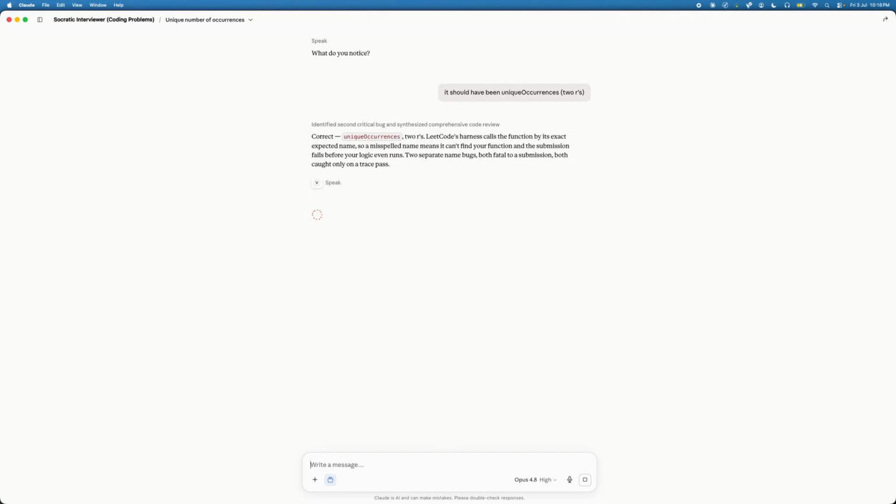The grader calls your function by its exact name, so a misspelling means it can't find your function at all. Two separate name bugs, both fatal to a submission, both caught only on a trace pass.